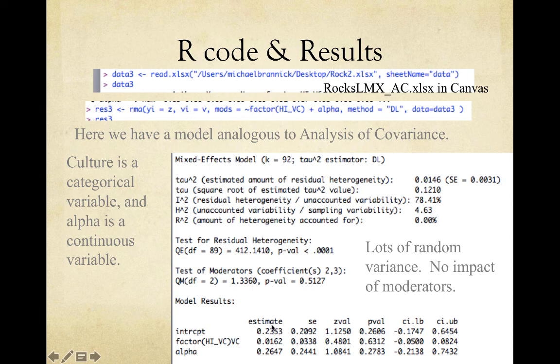The intercept is 0.2353, and the confidence interval includes 0. Now here we've got the culture, and that's not significant, and here we've got the reliability, and that is not significant. So we got a whole bunch of nothing here. It says there's lots of random variance, and it's still a pretty good size. So the studies are wandering around a bit,